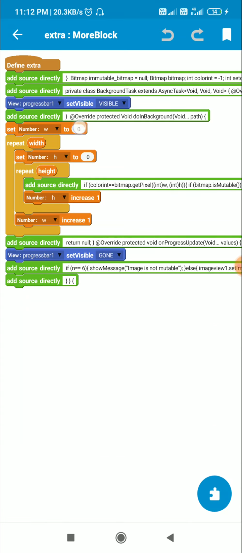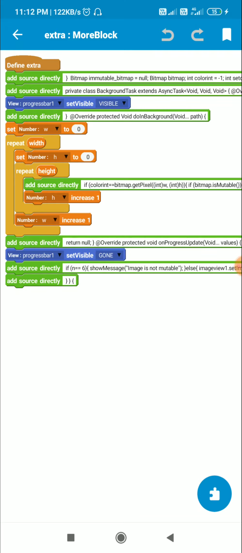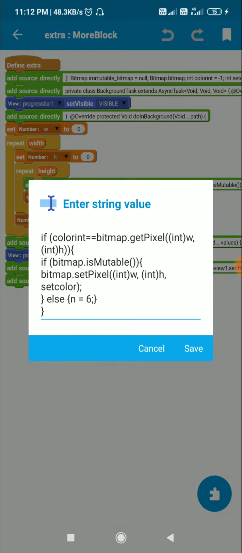First I set w to 0 and repeat for the width, and each time it repeats I increase w by 1, and inside this I set h to 0 and repeat for the height, and each time it repeats I increase h by 1. So this means that it will cover all the pixels in the image from 0 to width and from 0 to height.